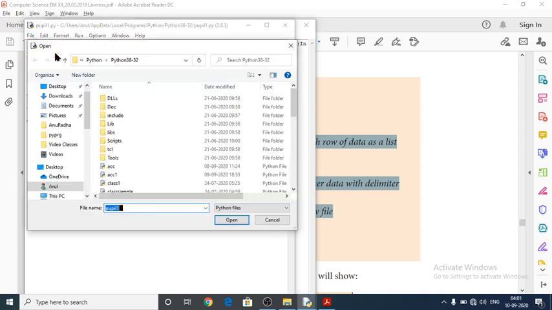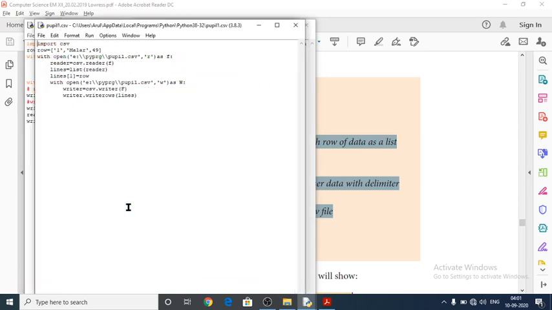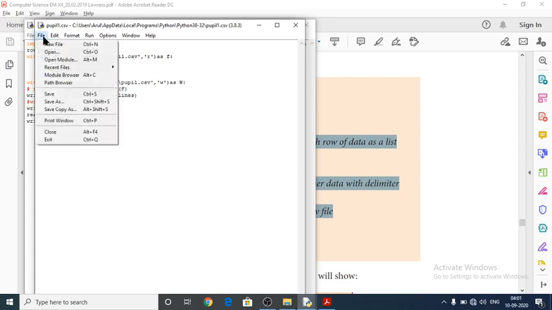Open this one. Yes, we have to change this one as